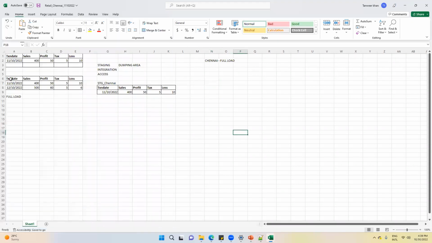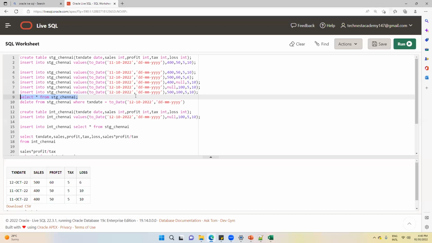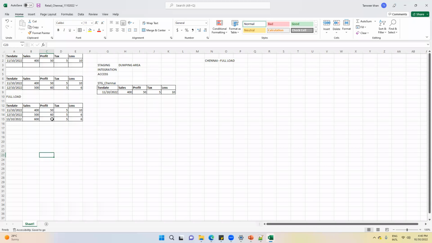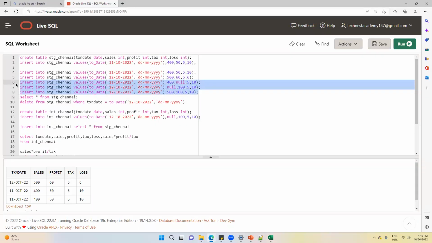Now what will happen on 13th of October? Tell me. Three records will come in. Very good. On 13th of October, your Chennai manager will send you the data of 13th as well. And suppose this number is 600 and this is something like 70. Now, if I load this data again, what will happen, guys? Duplicate values for 11 and 400, 510 here, 560 is there. Let me delete all those things. It is creating confusion.